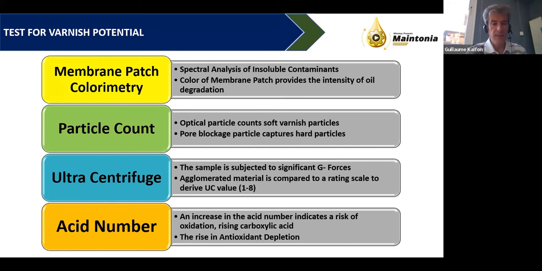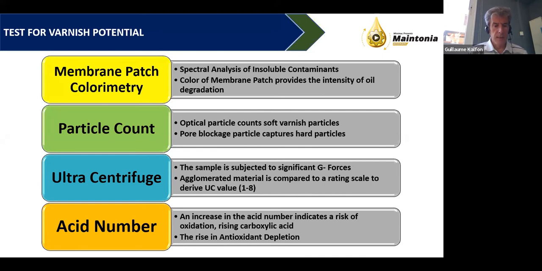It's a color analysis. It's a method that we manage to extract these contaminants from the oil and capture them on a membrane. And then the color of this membrane is read by a photometer, reading color. And so in the end, you get color values,